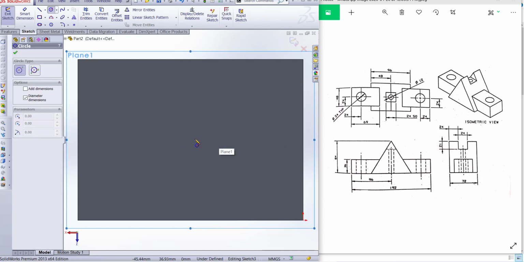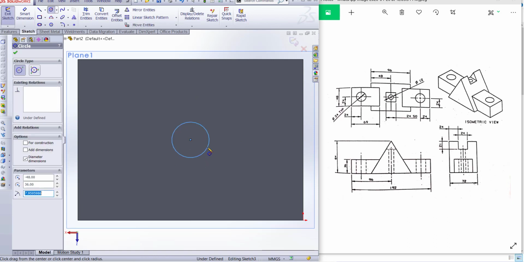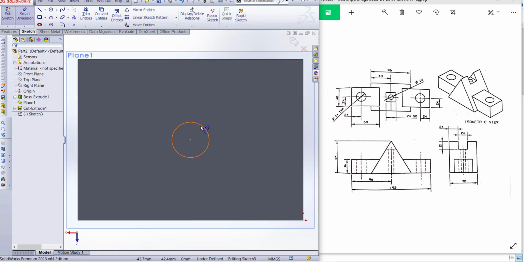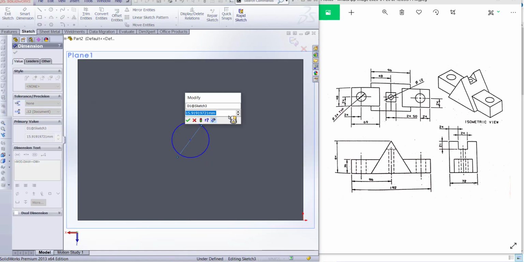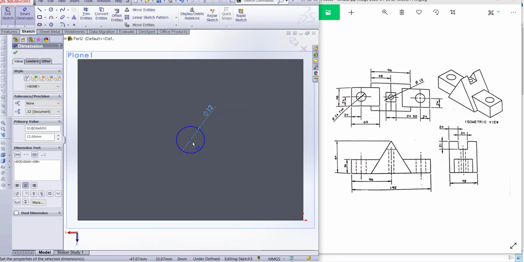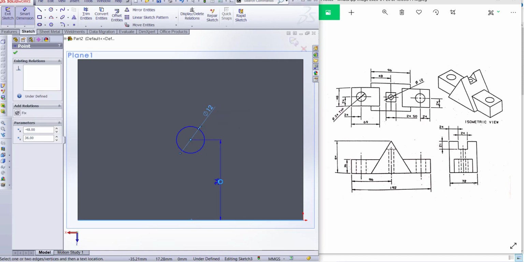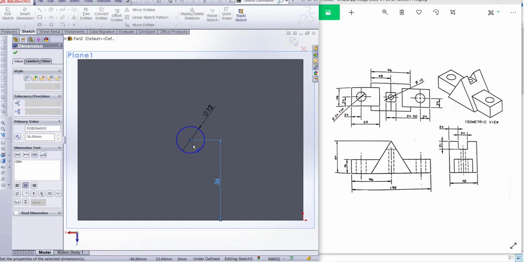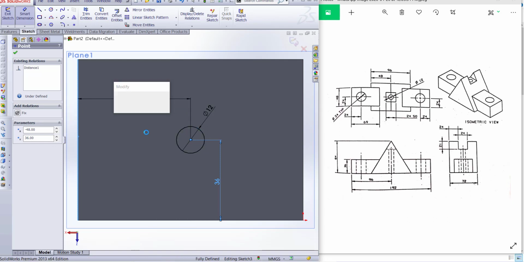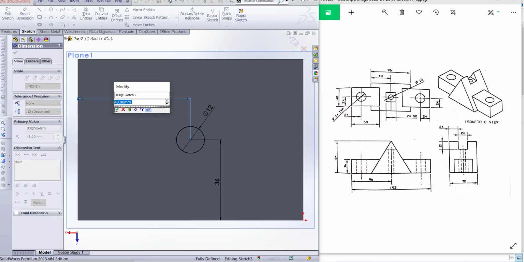This center and this center. Okay, dimension 12 millimeter and 36. Okay, and 48. Okay,